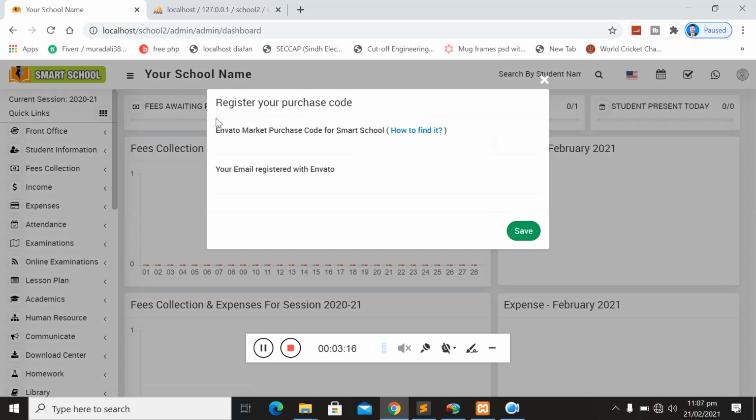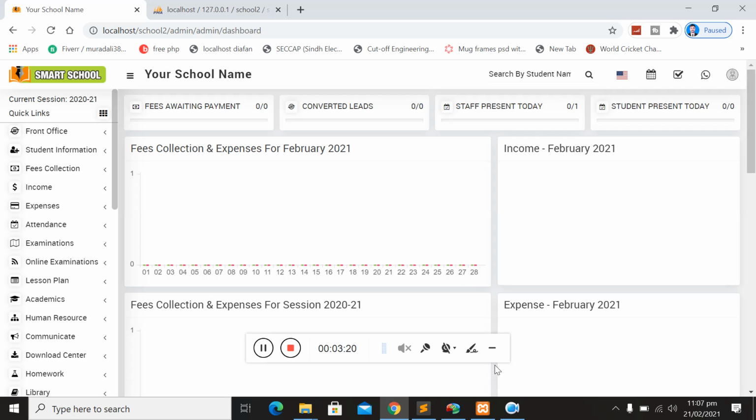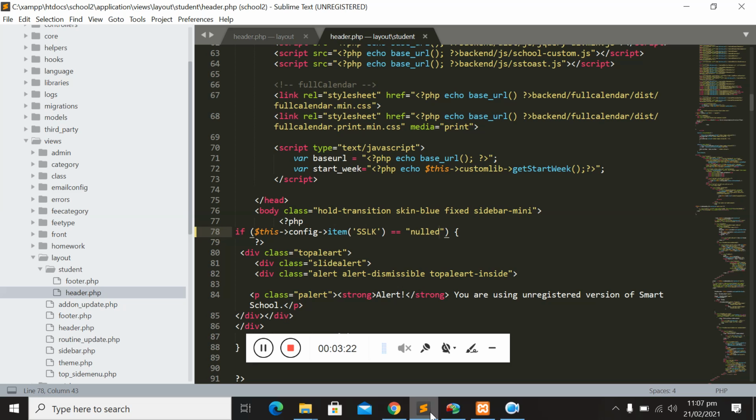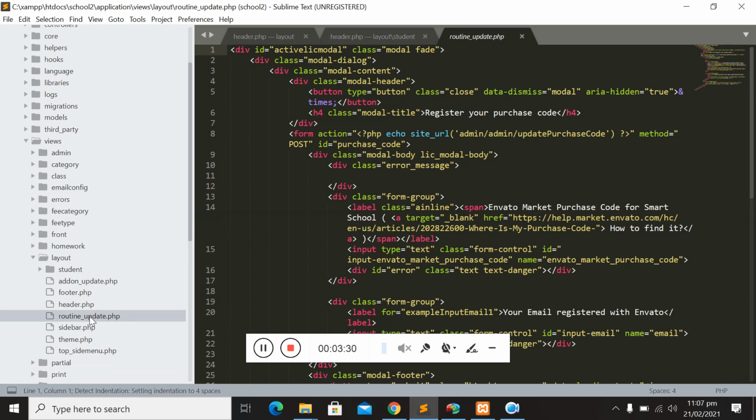Okay, and as you can see it will disturb our work, so simply we have to go to this folder, then we have to close it, and we have this one option which is called active license model. So switch it off, and to switch it off we have to,